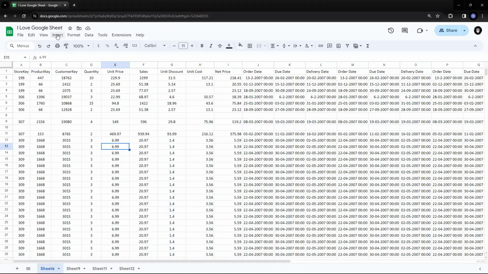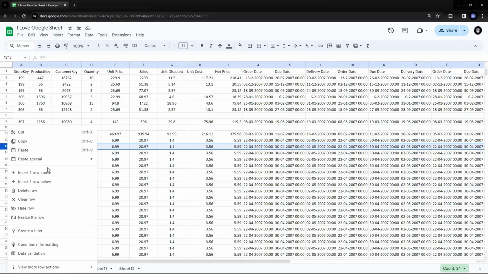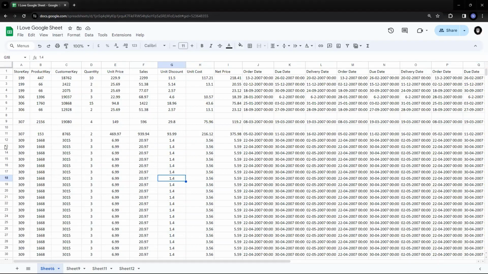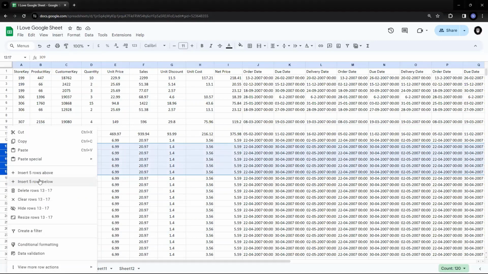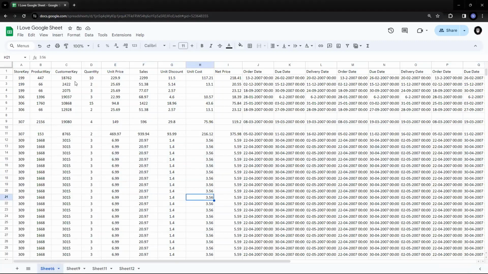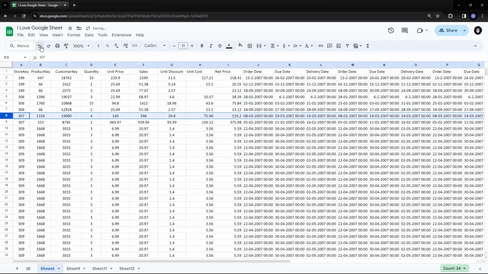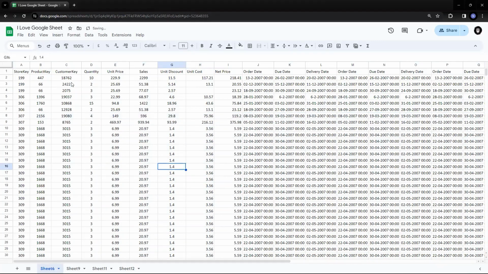So you can do it from insert, or you right click on the row that has been selected and you will get an option to insert row above or insert row below. Same way, if you select multiple rows, suppose I select five rows, it will ask me to add 5 rows above or 5 rows below. Same way as we did for columns. Pretty simple. Let me undo all this and let's explore the last option that we have now,